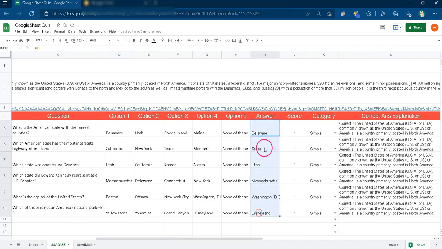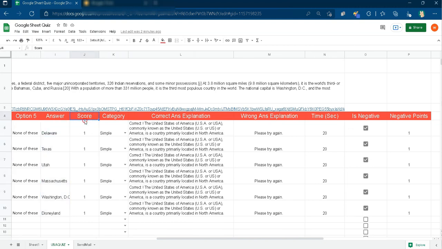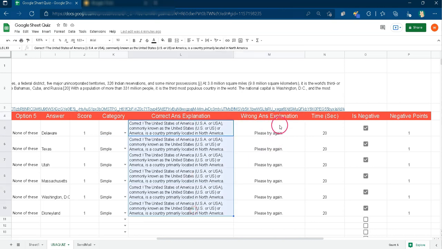Fill the correct answer column with correct answer text. Put the number of marks in the score column. Now, you can set optional field question categories, like simple, medium or tough. This is optional. If you want to explain the correct answer or wrong answer, fill the correct or wrong answer